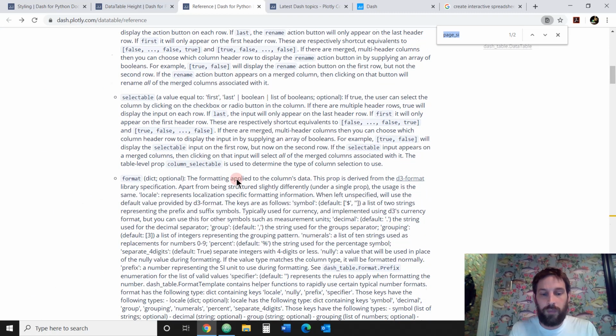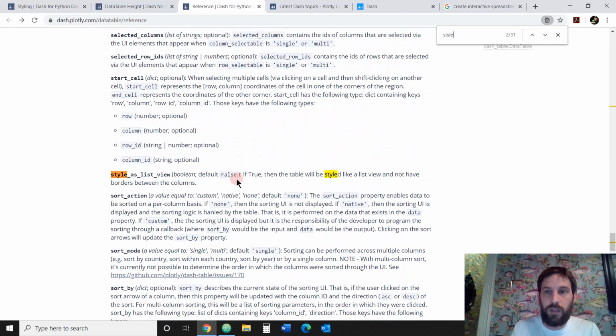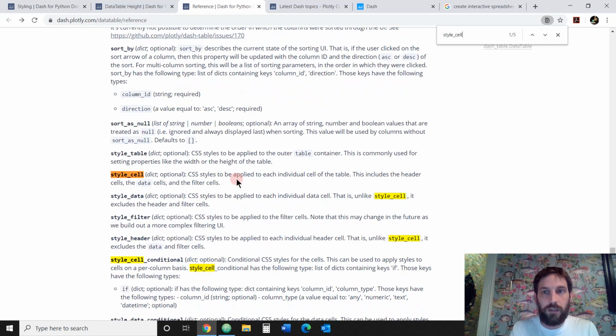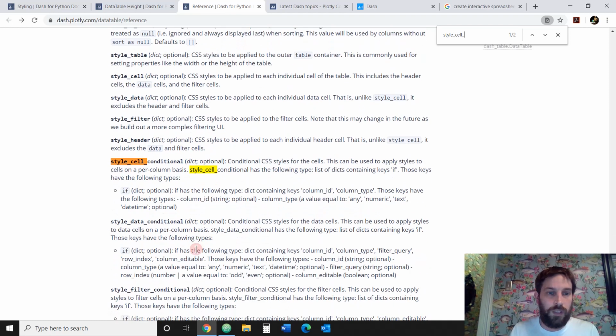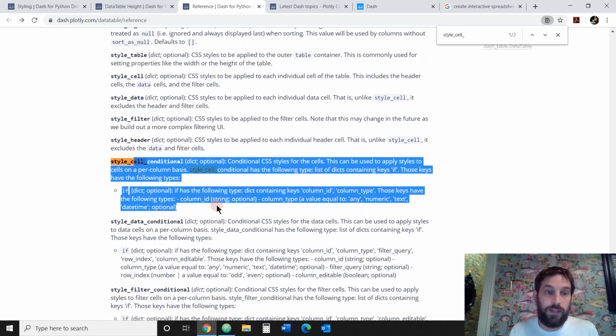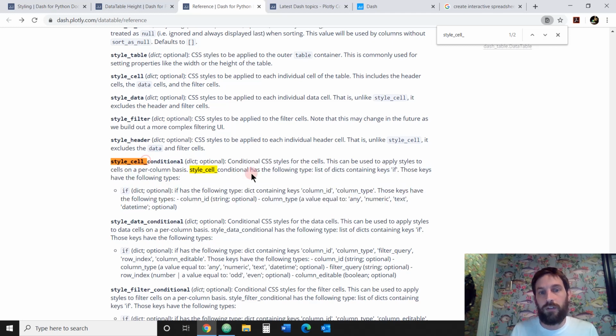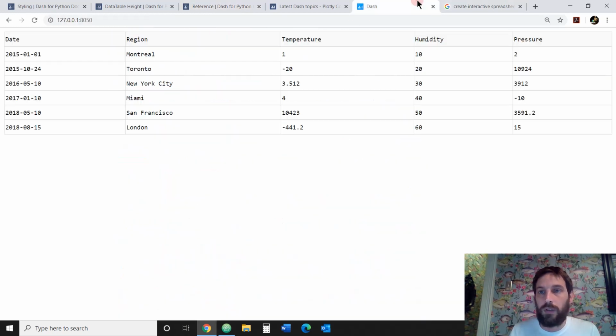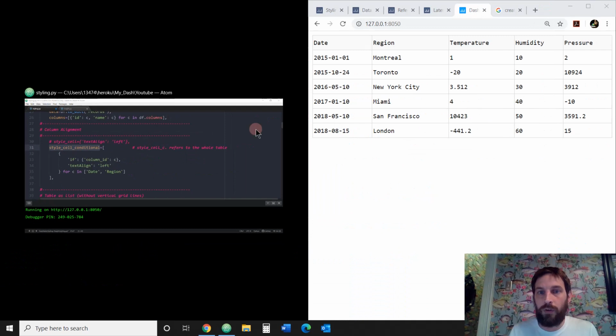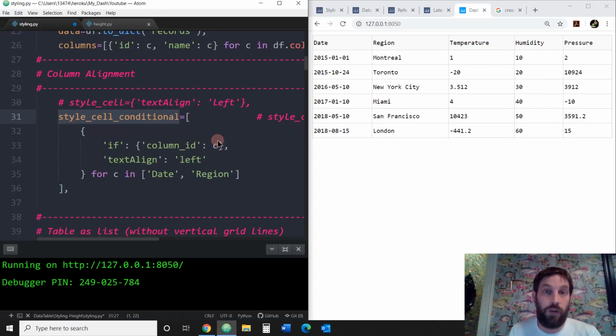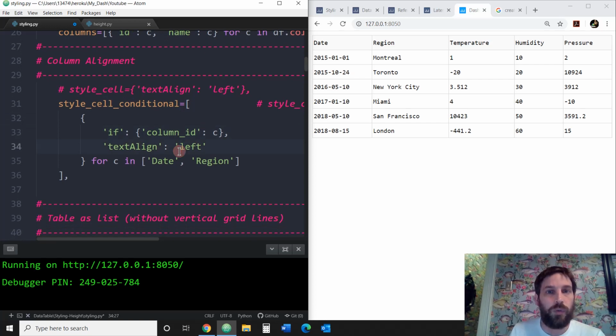So we look, for example, at style cell conditional, and you can see here all the different ways to create it, the if and the dictionary, how it looks. I'm going to show you how that occurs, so you don't have to read everything, although I would recommend you read it afterwards. So what we want to do